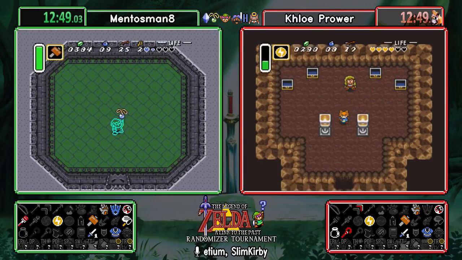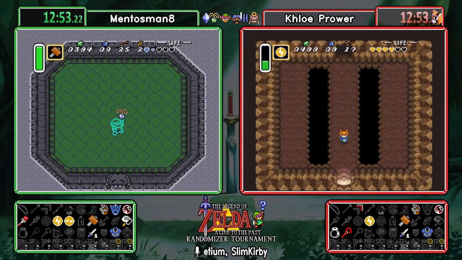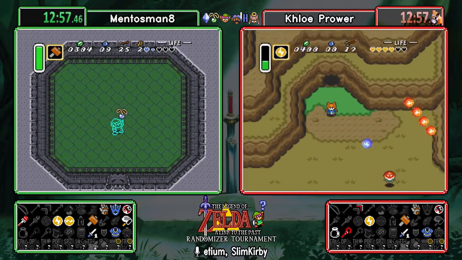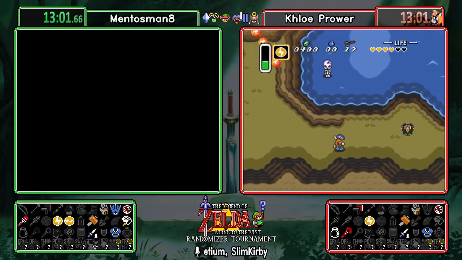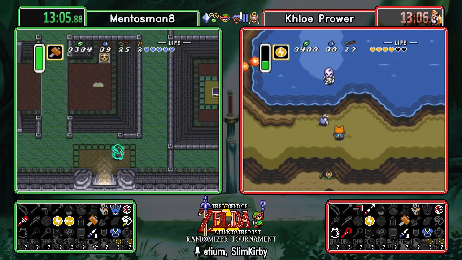Alright, a couple of big items. We get the Quake Medallion off of Blind, and Khloe Prower finds the hook shot. Yeah, and Mentosman gets his first pendant, and since this is all dungeon, that's not a bad thing at all. We're going to need those pendants in order to fight Ganon, so...